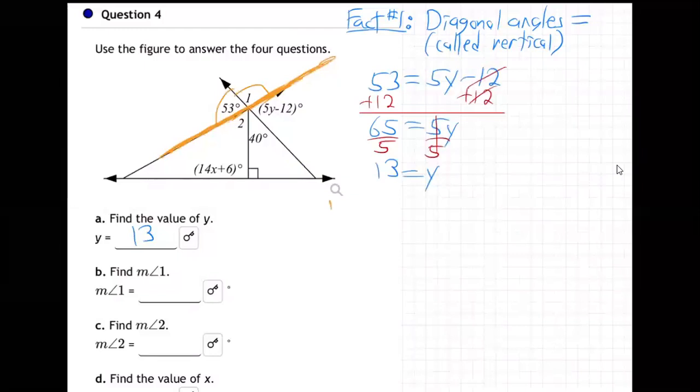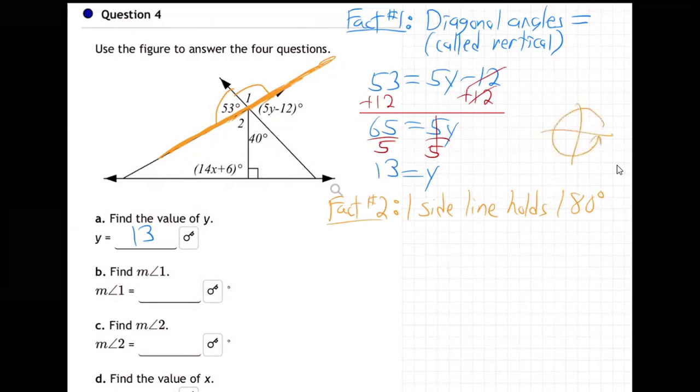So I'll use that and write that down. Fact number 2. One side of a line holds 180 degrees. Remember, that's from the idea that if you go all the way around a circle, that's 180. Wait a minute, I did that backwards, didn't I? All the way around a circle is 360 degrees. Therefore, if you just go halfway around, that's 180. So if you're just one side of a straight line, that's 180. Or some people will say, you better make a 180, and I can just turn halfway around, right? Anyway, so